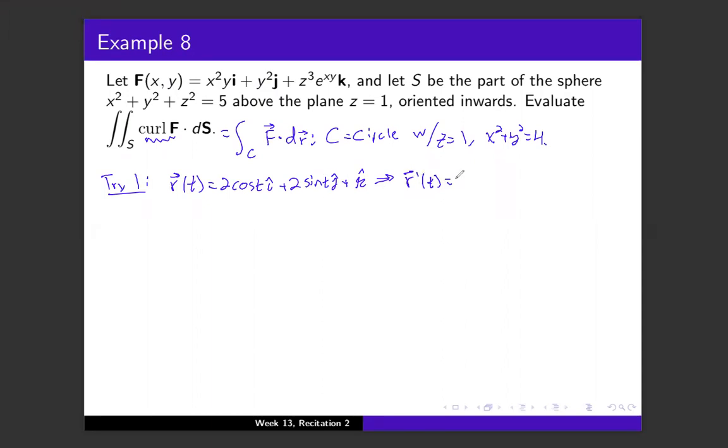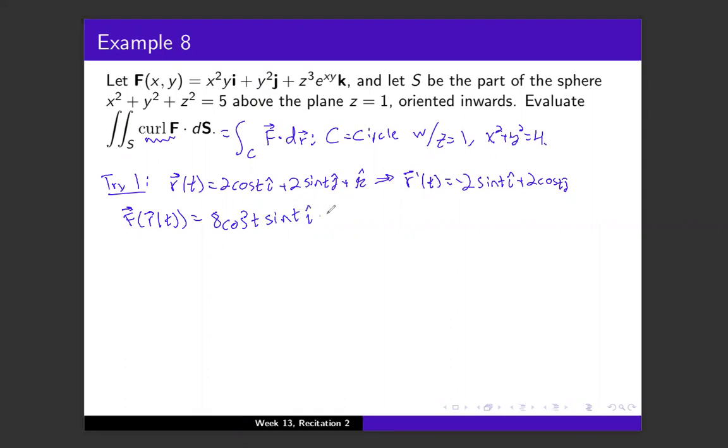in this case is going to be negative 2 sine t i plus 2 cosine t j, and the k term is going to go away because it's constant, and you just differentiated a constant. Meanwhile, f of r of t, what's f of r of t? 4 times 2, so that's going to be 8 cosine squared t. Did I do that right? Yeah, I did. 8 cosine squared t